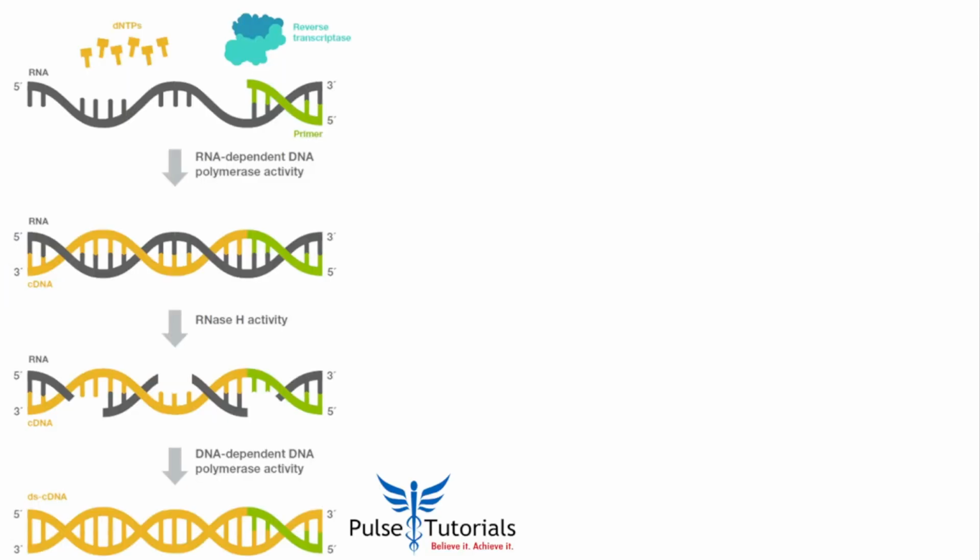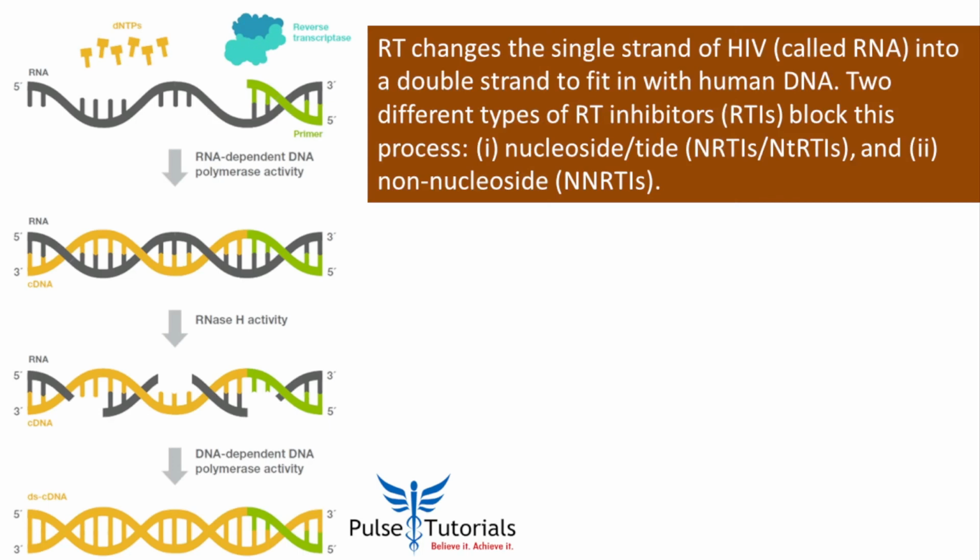co-receptor blockers. Once inside the cell, what happens? Well, the virus undergoes replication by using an enzyme called reverse transcriptase, right? Now, what if the reverse transcriptase, which was converting the single strand of HIV RNA into a double-stranded DNA and fitting it in, we give it wrong nucleotides. Let me give reverse transcriptase inhibitors, blocking the process of converting HIV's RNA into double-stranded DNA.